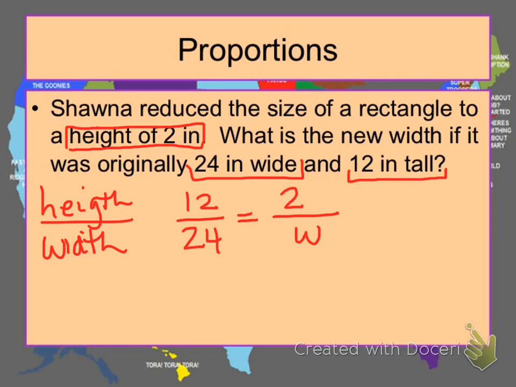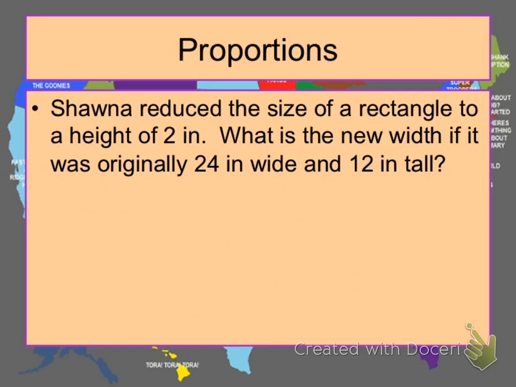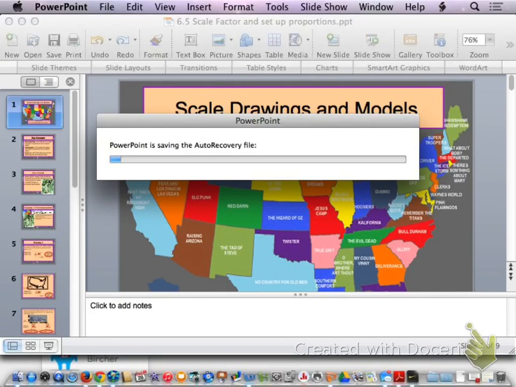To solve this problem using cross products, we have 12w is equal to 48. Dividing both sides by 12, we get the width of 4 inches. All right, that was the last